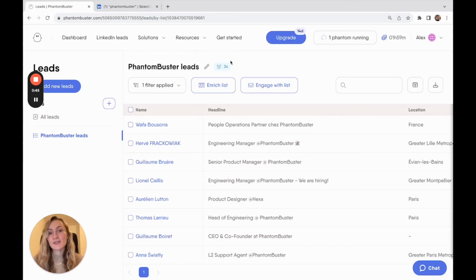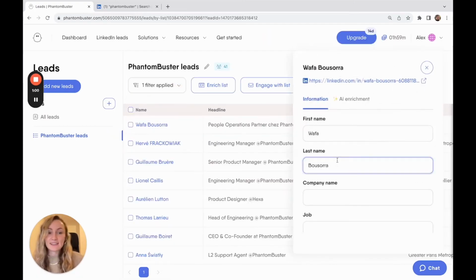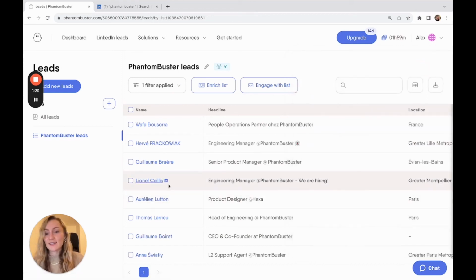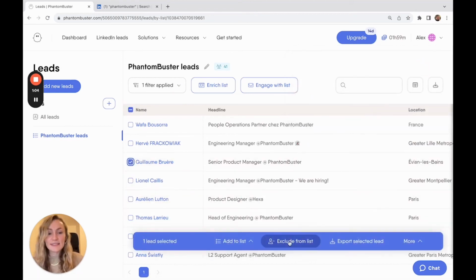All of the leads that you extract from LinkedIn are going to end up here in your LinkedIn leads page, where you can perform a variety of actions on them. You can create your own custom lists, as we have here, ready created for us by the Phantom, using different filters. You can also edit different lead information and even exclude a lead from a list if you don't want